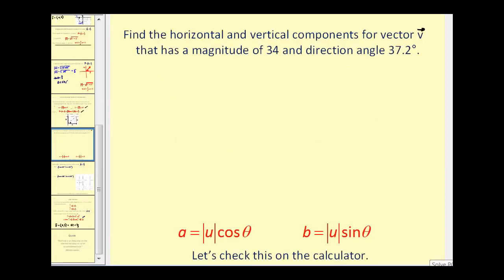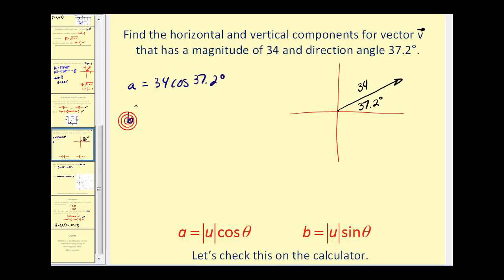We want to find the horizontal and vertical components of vector v that has a magnitude 34 and direction angle 37.2 degrees. Let's go ahead and sketch this as a position vector. This would be 37.2 degrees with magnitude 34. So we know we're going to be in the first quadrant. The horizontal component a is equal to the magnitude of u, 34 times cosine theta, and the vertical component is equal to b, which is 34 times sine